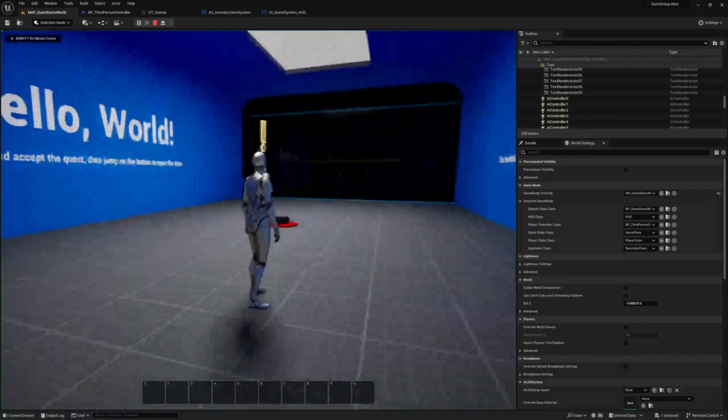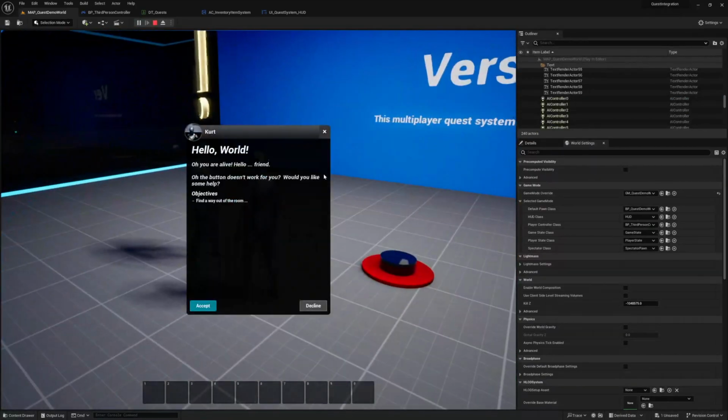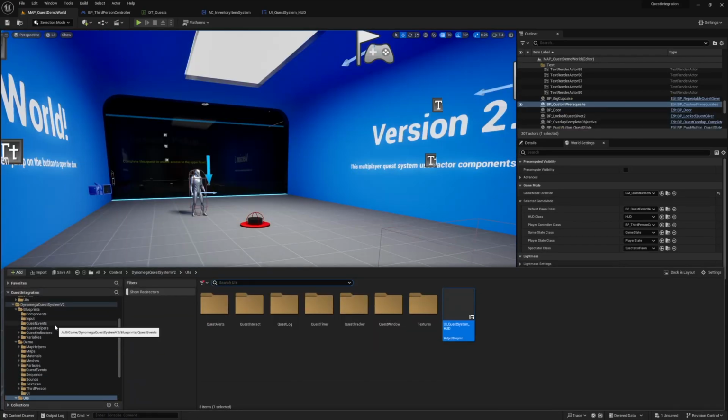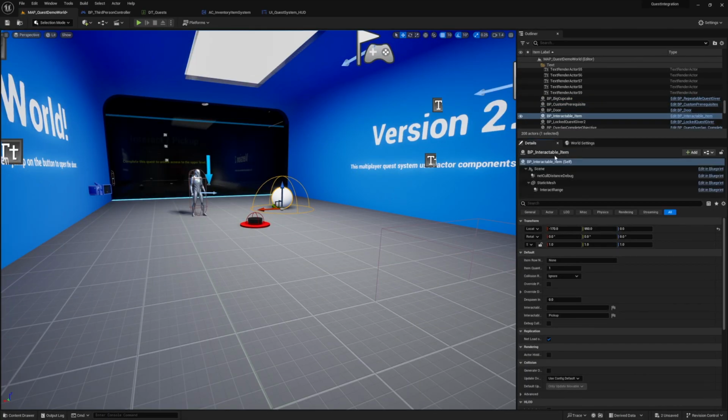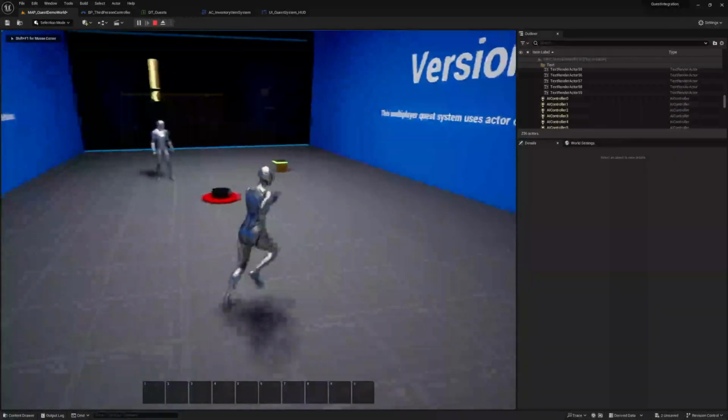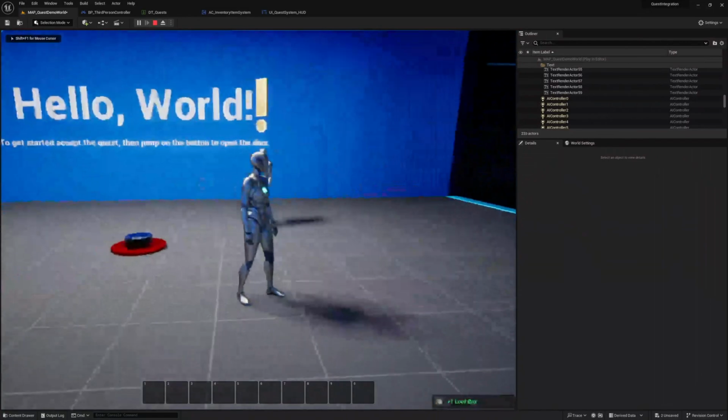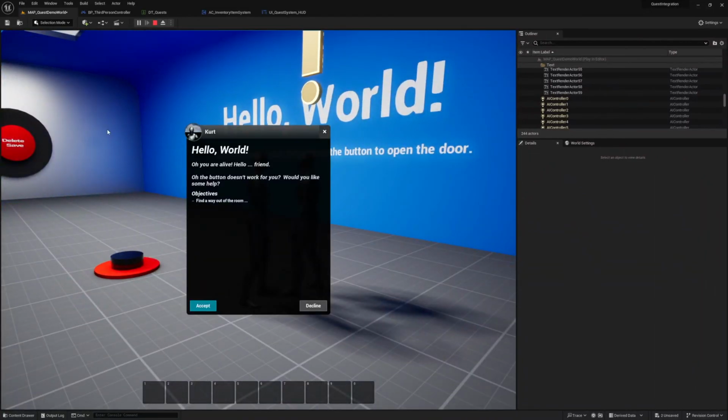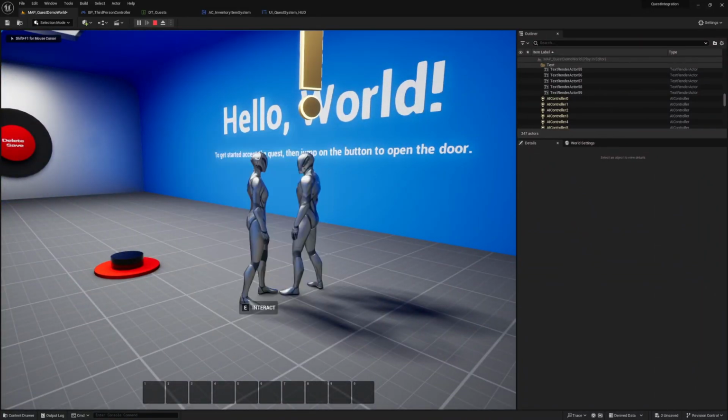You should not see the warning that we have nothing to interact with when we interact with our quest giver, and the quest window does open. Just to be safe, let's drop one of our blueprint interactable items into the level and give it a row name of loot_box. Press play, run up, and try to pick up the item, and you should be able to do so pressing the same interact key. Now this should confirm that the inventory system and the quest system are behaving when it comes to our